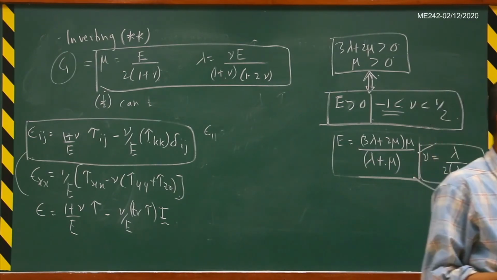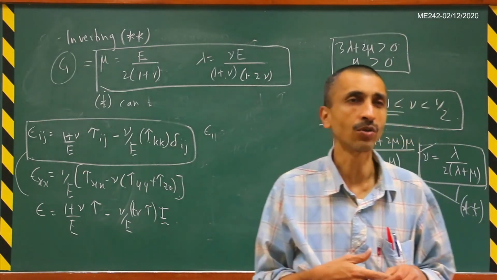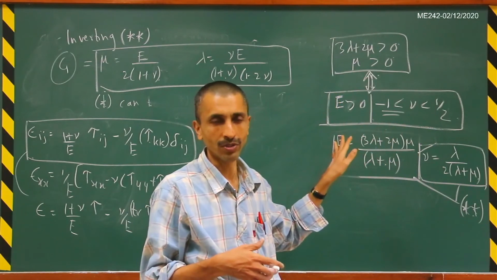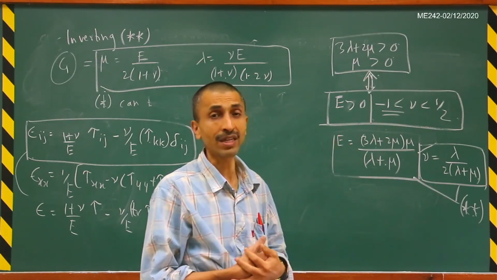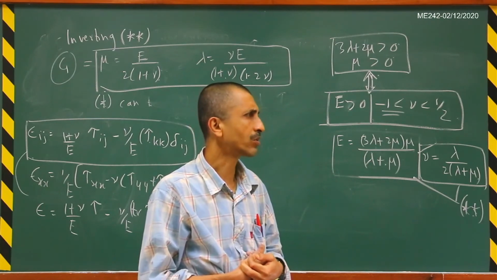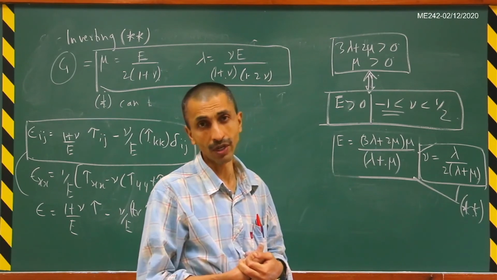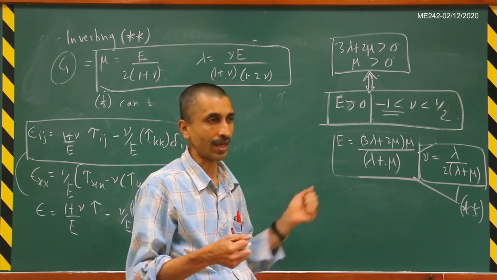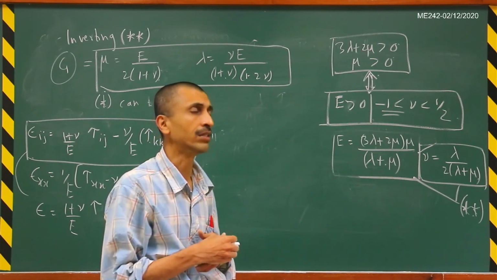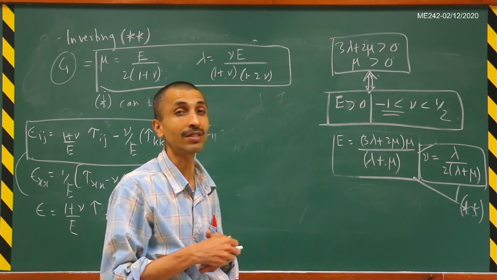Okay, so now the question arises whether such negative Poisson ratios exist. So what we have seen is theoretically we are allowing a negative Poisson ratio, but in practice do we see a negative Poisson ratio? Okay, so certain foam type materials actually have a negative Poisson ratio. Okay, so that means as I said, if I pull it in one direction, it expands in the lateral direction. But see, the question there is whether a foam can be considered as a continuum material.